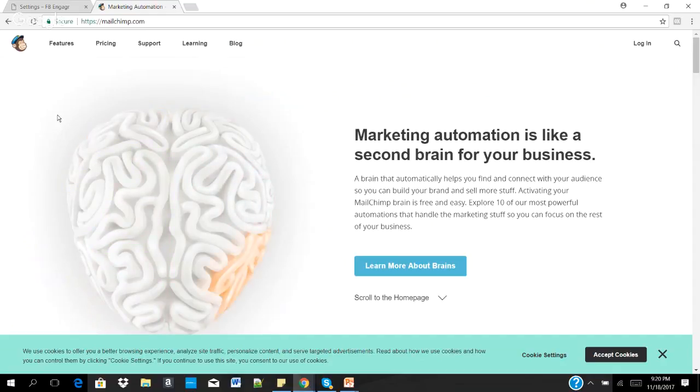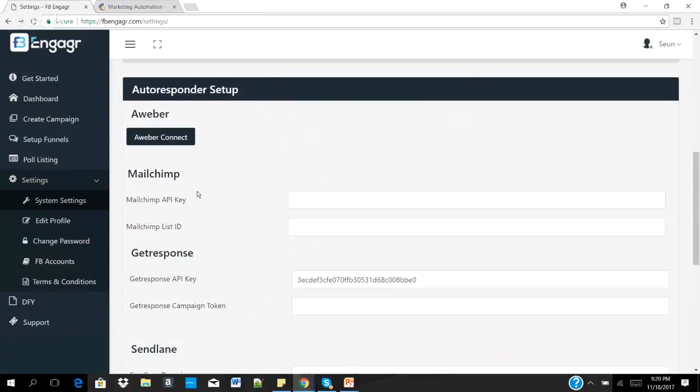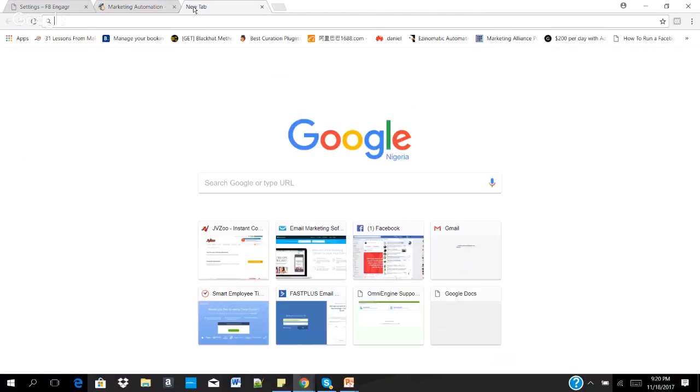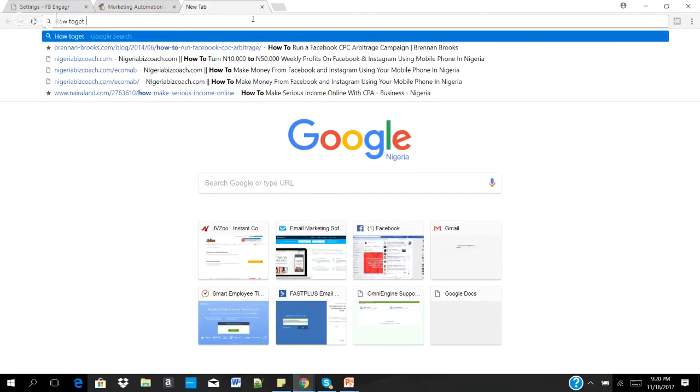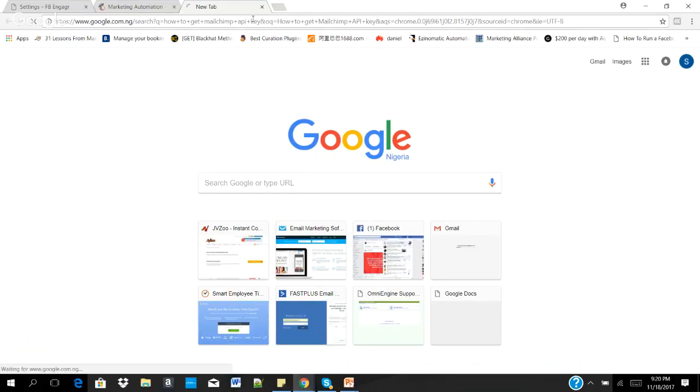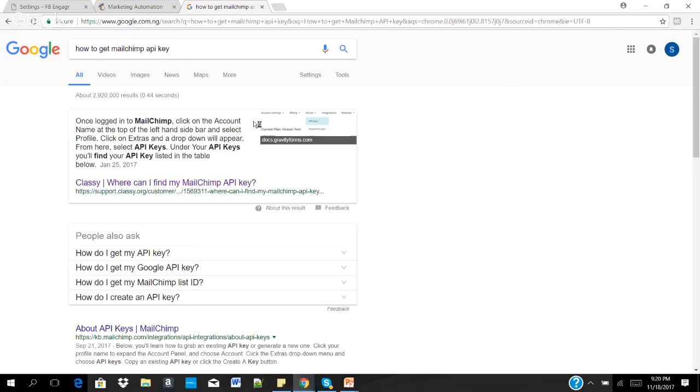Now, if you're trying to integrate Mailchimp, you go to their site to get the API keys, because what you need to integrate Mailchimp is your API key and the list ID. So how do you get this? Fine, I don't have an account here, but the easiest way to do this is to go to Google and search how to get Mailchimp API key. Can you see that? You can search that, you see a lot of videos on how to do that,